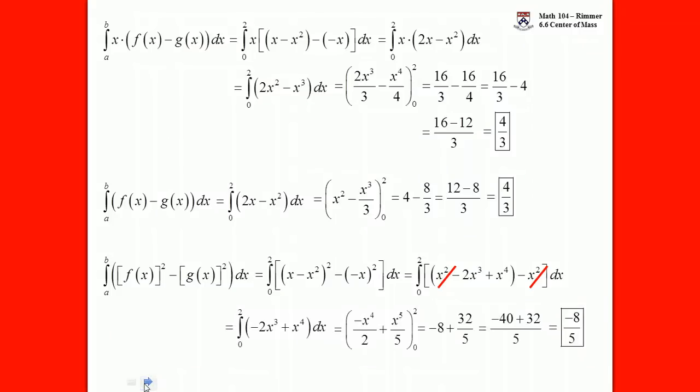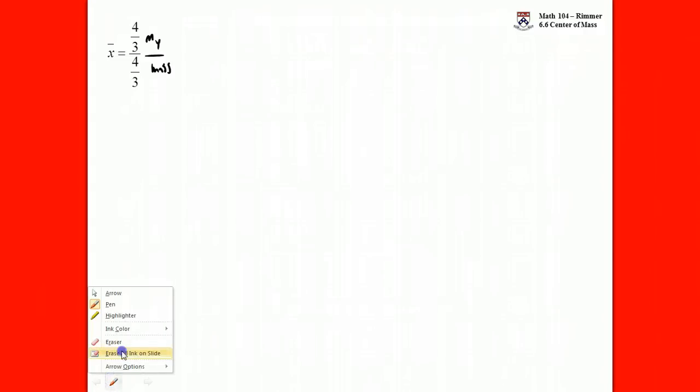All right, great. So then we have to find x bar and y bar. Remember, x bar is the moment about the y divided by the total mass. So it's 1. And y bar is